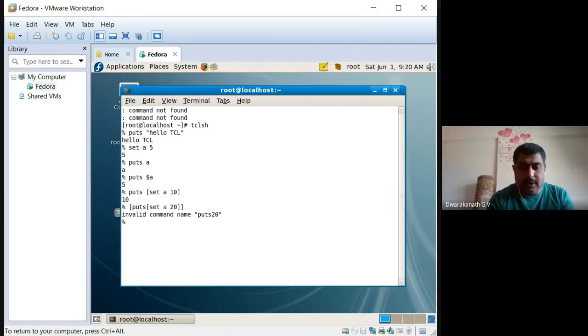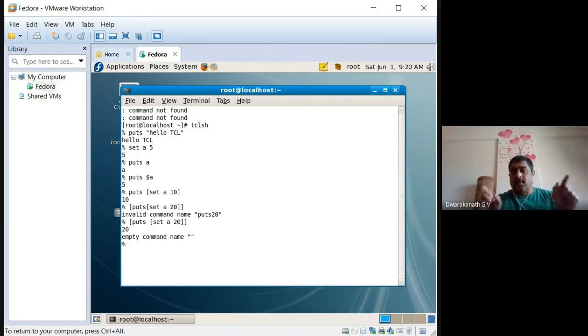So for the sake of it, I will give a gap, then it will execute. Put s space, now it's correct. Set A, now 20. Now again, I have given a gap between individual words, now executing. See, empty command name. Observe carefully below, empty command name. 20 has been displayed, that's not a problem. But after displaying 20, that value should be taken to another command. So it's telling that there is an empty command name, that is, no command name is there outside the square brackets. This is an error students usually make. Keep that in your mind.